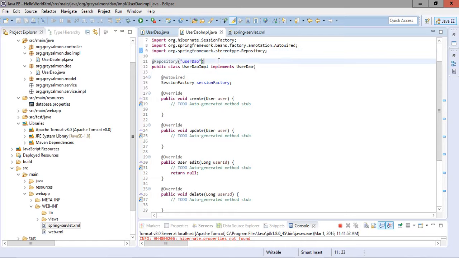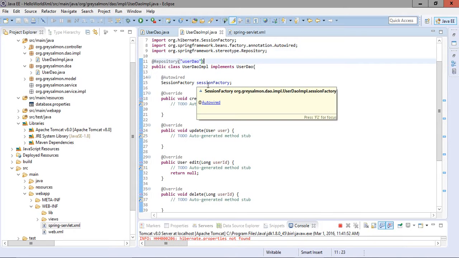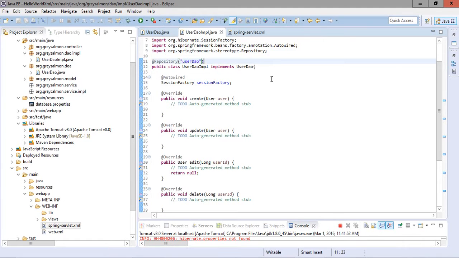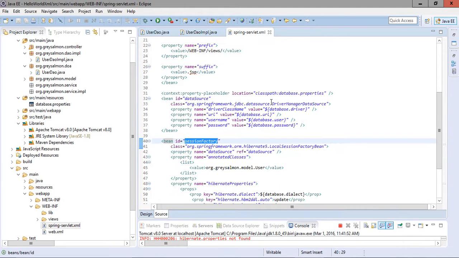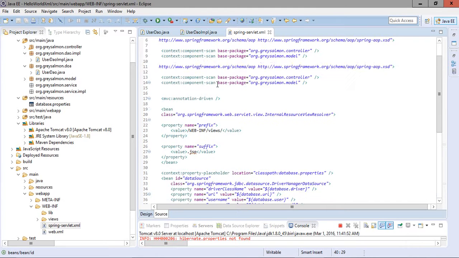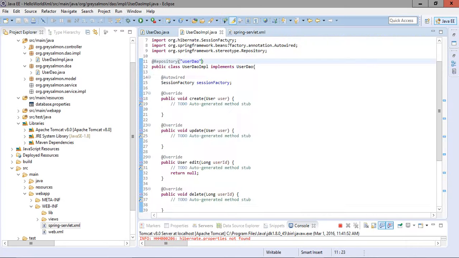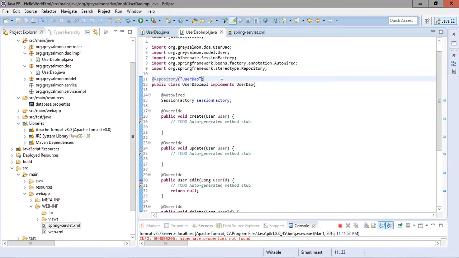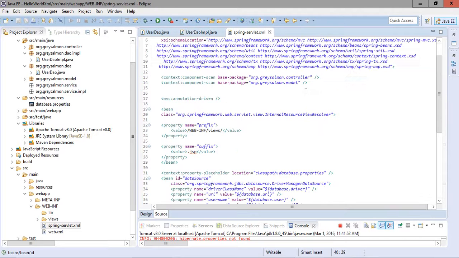So we have to use the appropriate annotation to annotate our classes. All these annotations do the same task. The task is to instantiate this class into the IOC container. We have to mention in this file to scan this particular package, that is the dao.impl package, for any component.